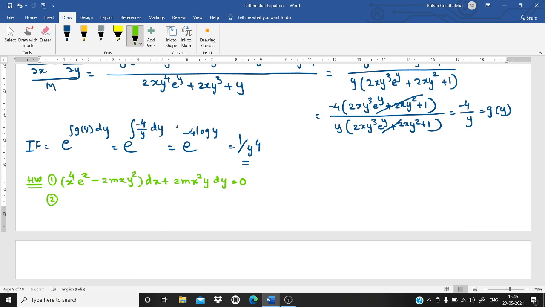I am purposefully giving a problem where you can apply the first or the second rule even. The second rule also, but you try for the fourth rule. So here, 3x square y raised to 4 plus 2xy dx plus 2x cube y cube minus x square into dy. See, we are able to get y common from M and we are able to get x common from N. So we can follow the third rule here. Second rule also. But you try the second problem with rule number 4.